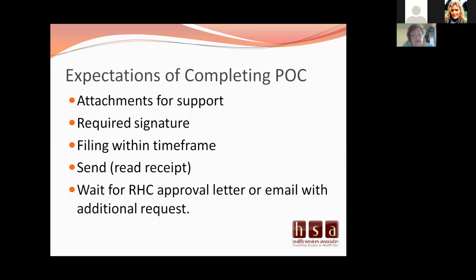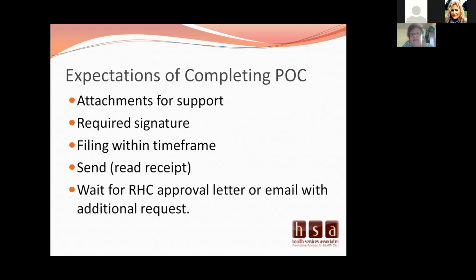Again, just to reiterate, you have 10 calendar days to submit this plan of correction from the date of the letter, not 10 business days, 10 calendar days. And then many times you can send it electronically, and pretty much all of them go in electronically now. And what I always, again, recommend is you've got this document, it's got a time sensitivity.